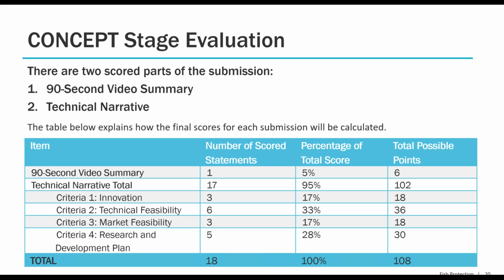During the concept stage evaluation, so there again are 2 scored parts of the submission, the 90-second video summary and the technical narrative. This table explains how the final scores are calculated. So you can see in the item category, the 90-second video summary is 1 line item. The technical narrative is split into the 4 criteria that we just went through. And there are a number of scored statements attached to each of those items. And they will make up the percentage of a total score and the total possible points that you can receive for any one section of the